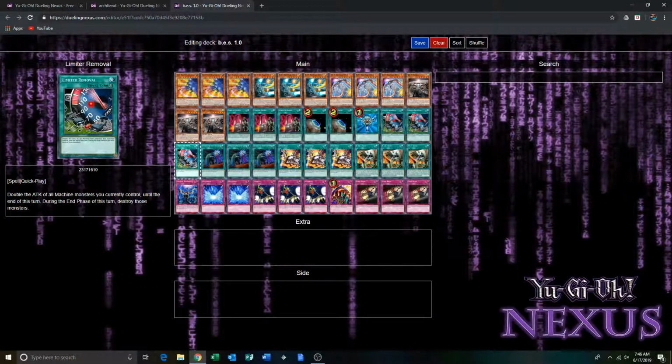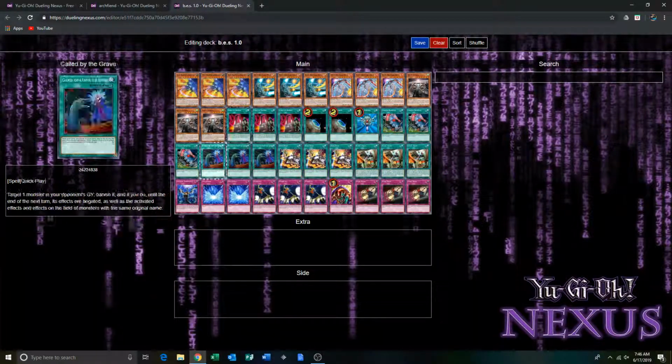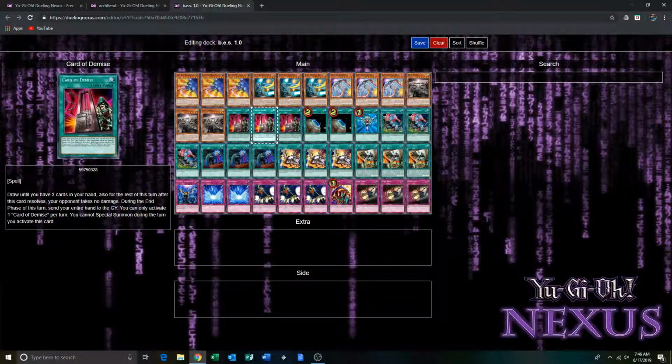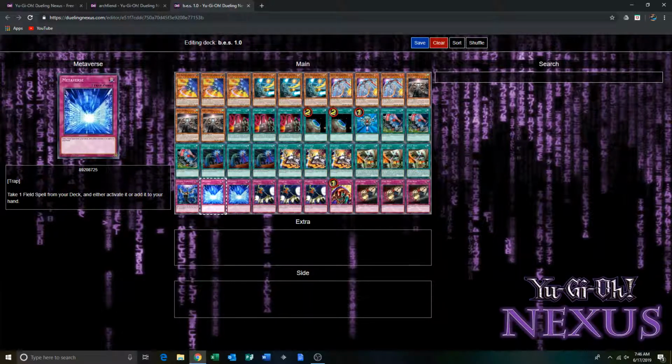So yeah. And then Impermanence, if you don't have this, you can just switch out for like a 1-day piece or something else. I would not play Desires in this deck. I've tried it and it just hurts too much. Like I was explaining with the card Demise, when I was explaining why I run that over Desires. But yeah, Impermanence you can switch out for like 1-day piece or whatever you want to. But yeah, Metaverse just another way of getting to your field spell,